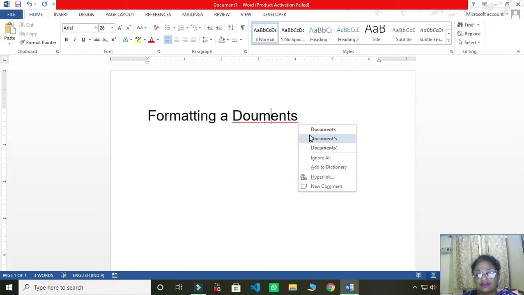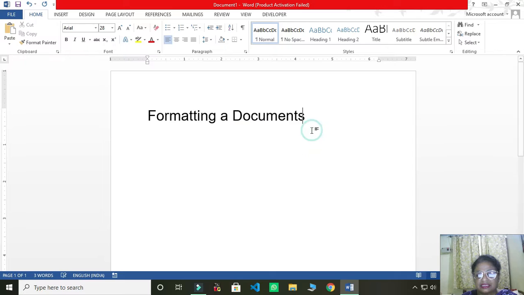You choose the correct word from this dictionary. So I am taking this one. This way you can remove errors from your document. This is also called editing. When we make some changes, it is called editing.